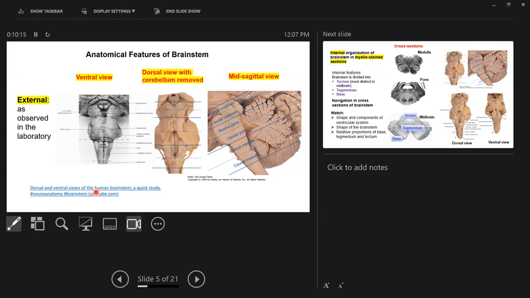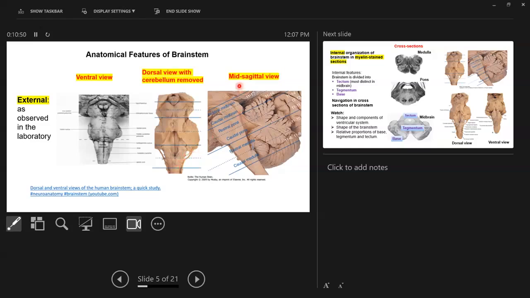Externally, we can begin in an isolated brainstem from the ventral view and observe the anatomical features. Or we can also look at the brainstem dorsally, again with the cerebellum removed, so we are seeing cut profiles of some of our cerebellar peduncles, but a wide open view to the rhomboid fossa. And then the rest of the brainstem, we can also observe it